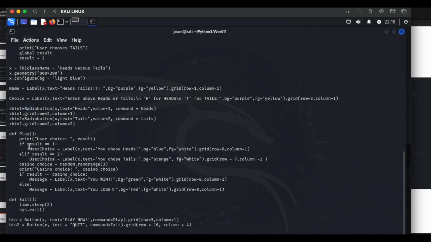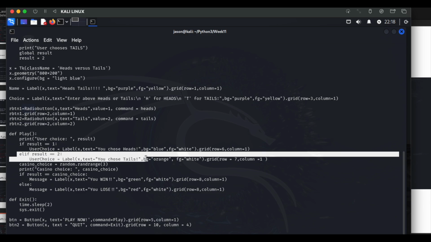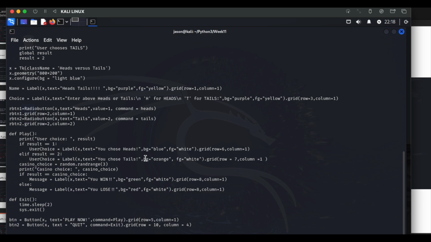That is for our purposes only. However, if that result equals 1, it'll say you chose heads, and it'll show that as a label. And if we chose 2, it'll say you chose tails as a label. Now, that's not important unless it has implications on what, for example, our opponent, in this case the casino, chooses.